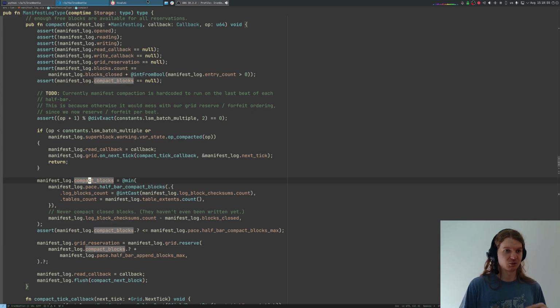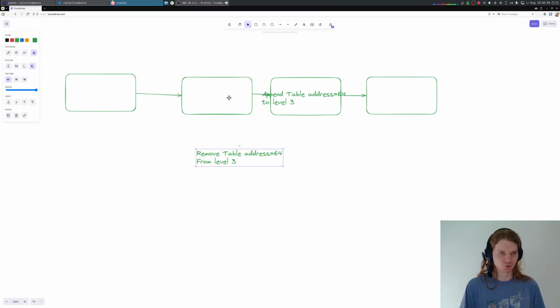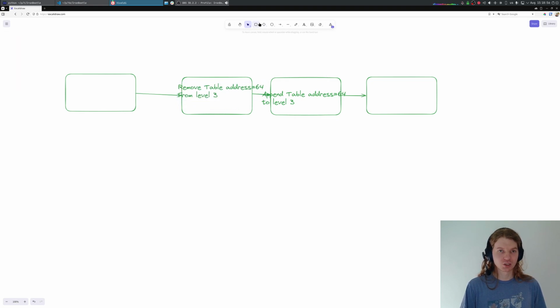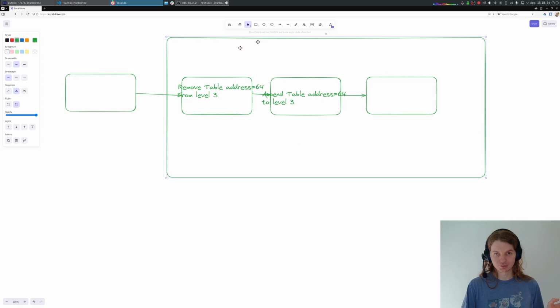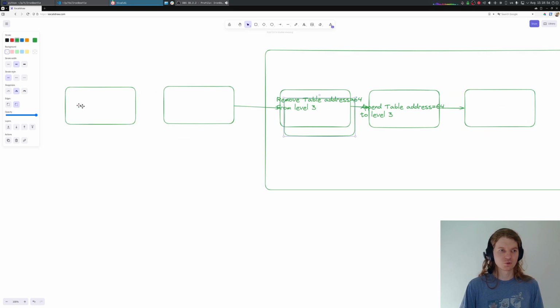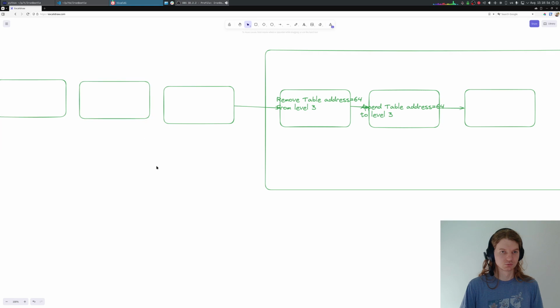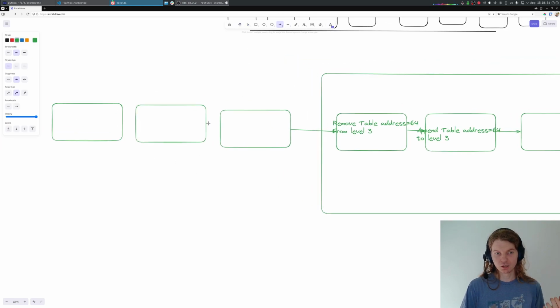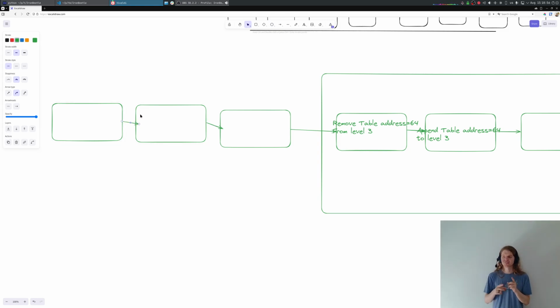So okay, this compact and I want to say slightly more. So how does compaction work? For the manifest log, we pick some tail of the blocks, and we compute the kind of compressed set of events, and we write the results to the beginning of our manifests together, importantly, with all the newly created tables. So this compaction of the manifest log takes care both of compacting the manifest log as well as externalizing all the tables